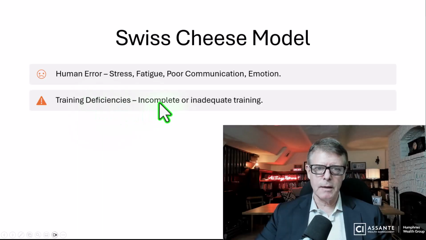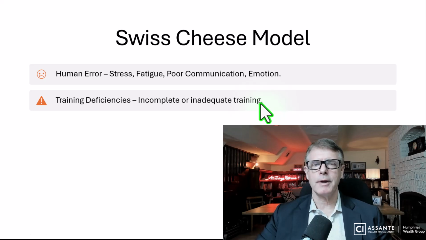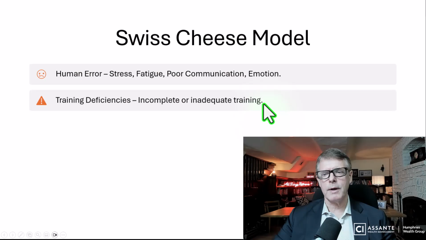Now, the next area is training deficiencies, incomplete or inadequate training. So what are some parallels? How do we take that and apply that to our finances? I think there's some natural parallels. We can see obviously the impact in aviation, but what's an impact in terms of our planning? And I'm going to give you some ideas. You might have others, but let's just brainstorm a little bit what training deficiencies look like when it comes to retirement and retirement portfolios.